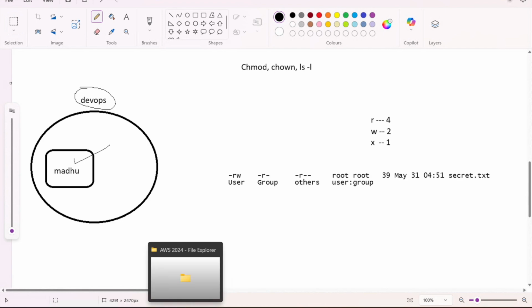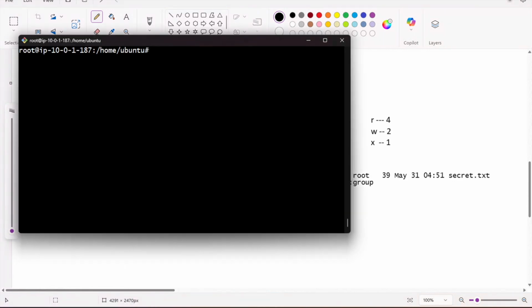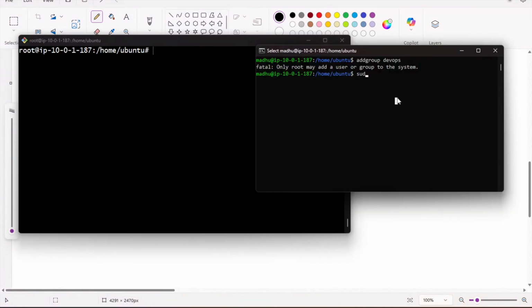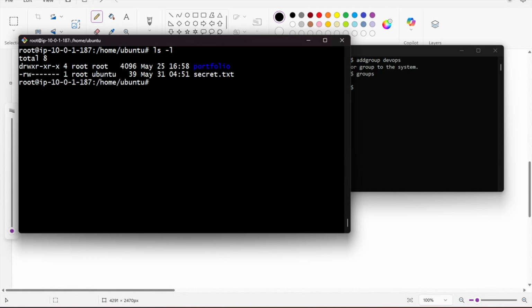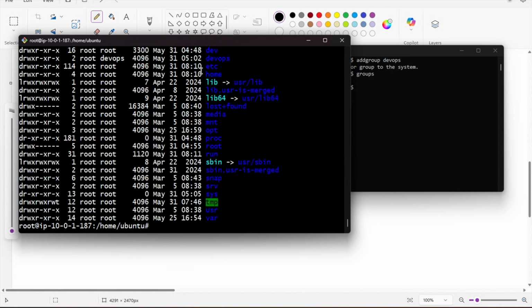So now we need to change that. If I look for groups, this Madhu user is part of the Madhu and users groups only. Let's first remove the permissions. So ls -l for /DevOps. I'll just remove the permissions for others first. So the command